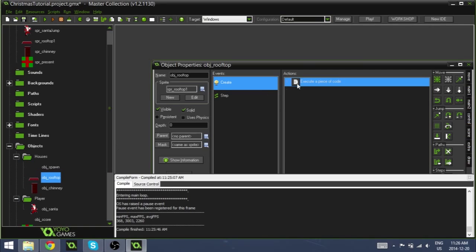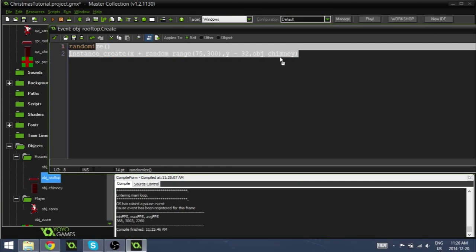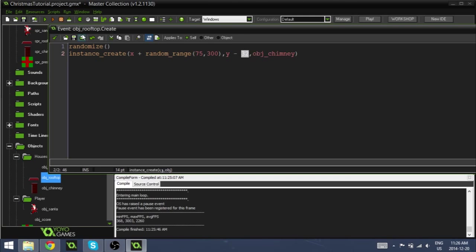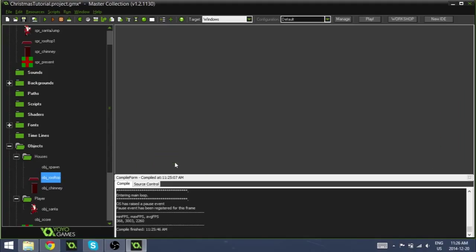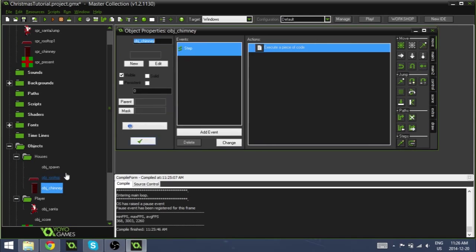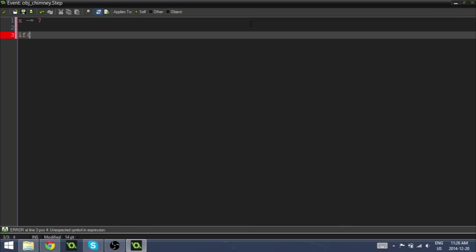So I've just gone into the obj_rooftop, gone into the line of code where we create the chimney, and I've changed that to 32 just slightly, because we're changing the origin point a bit, so I think that will affect our code also slightly. And in the obj_chimney, in the step event, we're going to say if place_meeting(x, y-1, obj_present),